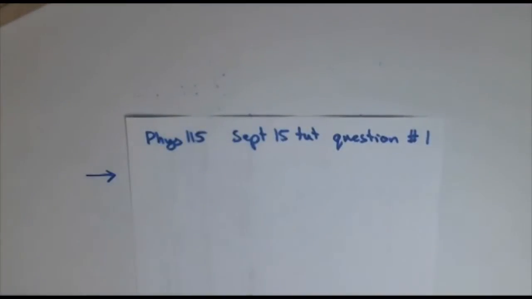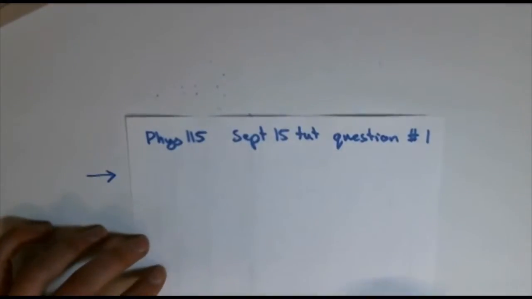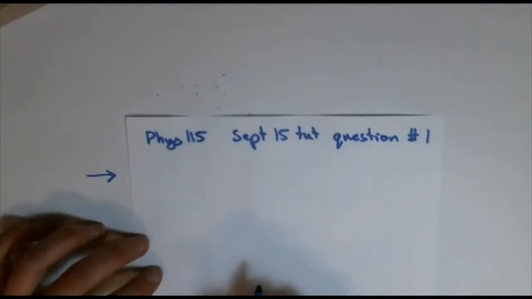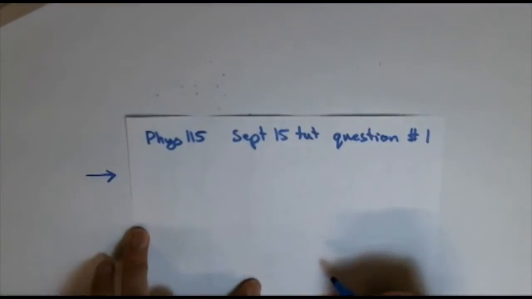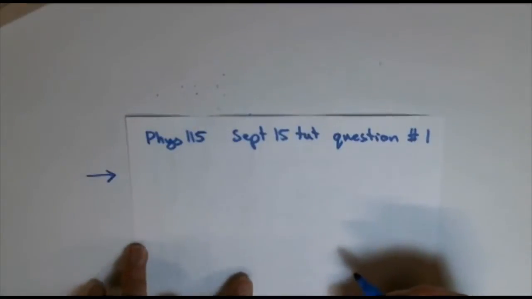Okay, so we're going to go through a few of the tutorial questions from Physics 115, going through the set of questions that were set on the week of September the 15th. The first one is the electron volt, and you're asked in the question to define the unit of the electron